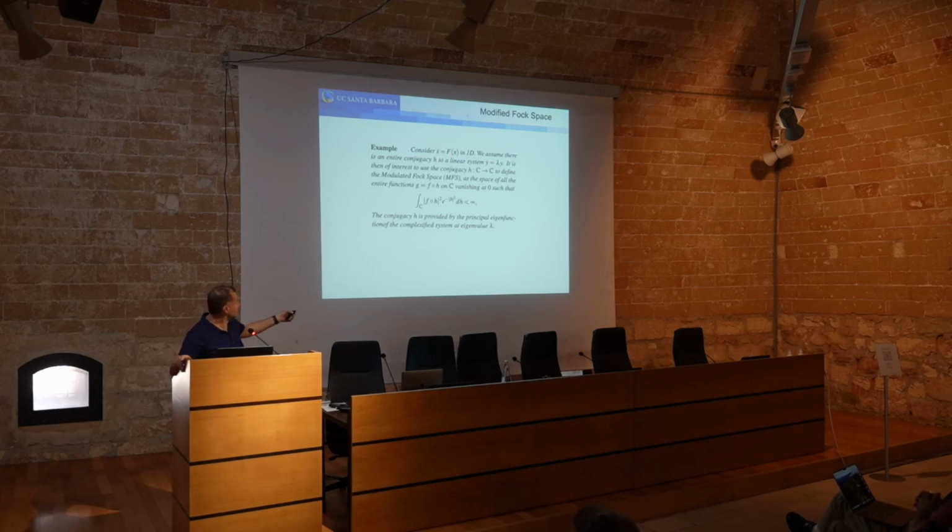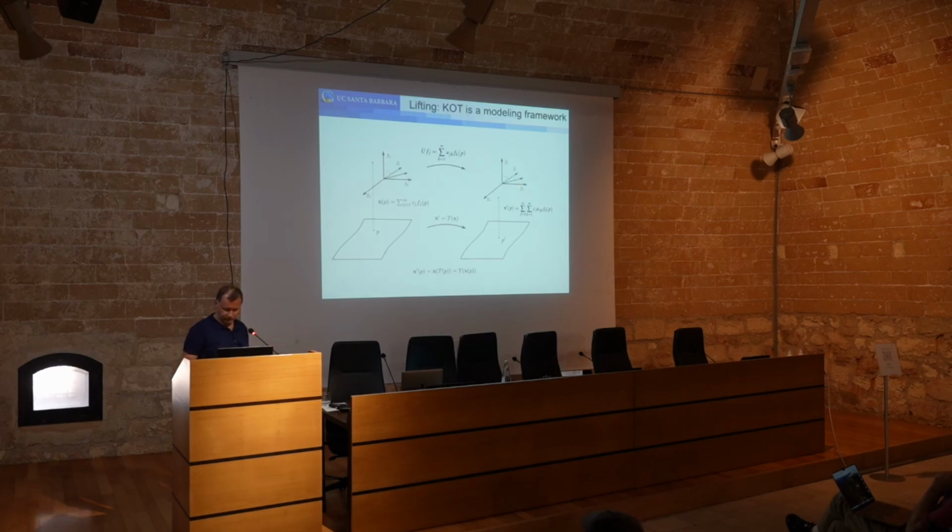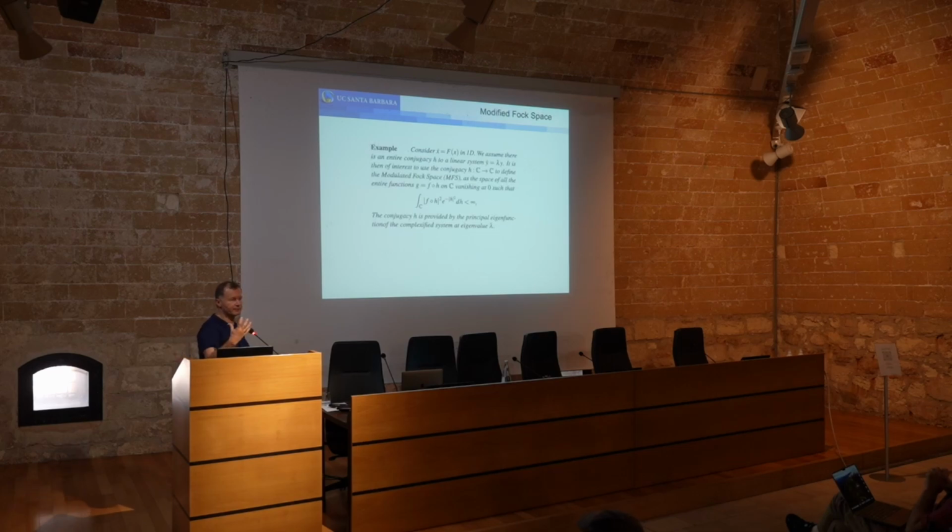Simple example, x dot is equal to f of x in 1D. You find the conjugacy h, and instead of f, e to the minus z minus x squared, you do this kind of a computation and have a perfectly nice space. So far I've talked about the functional spaces that are interesting, and